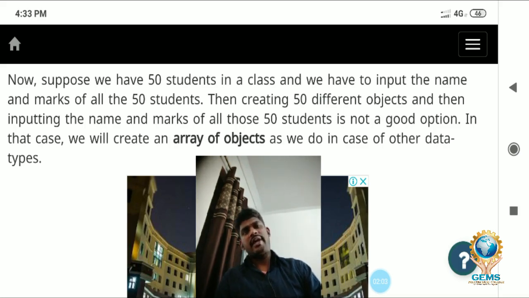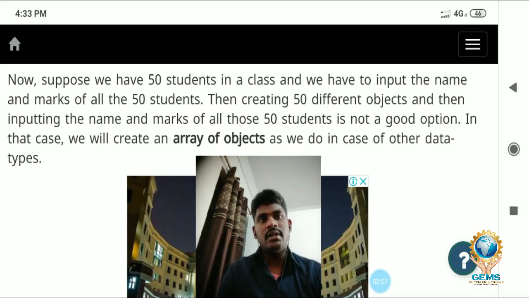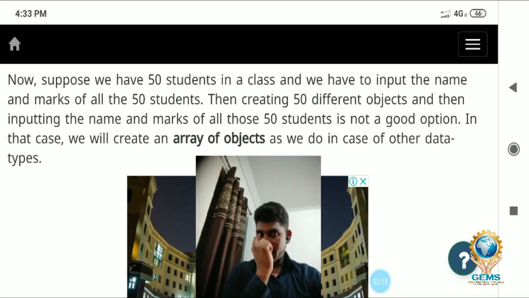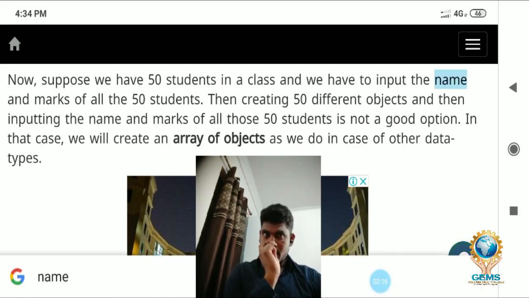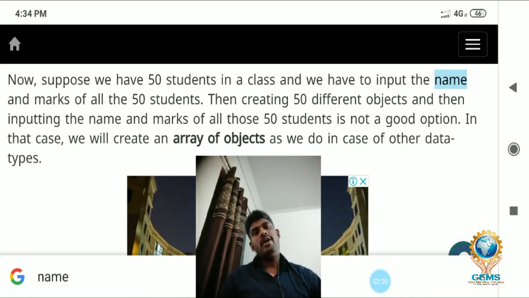All of you know about the array concept. We already covered it in C programming last semester, where you used arrays, the definition of the array, and how you use arrays in a programming language. Now here, especially in an object-oriented programming language, while creating objects we use the array concept, array of objects.